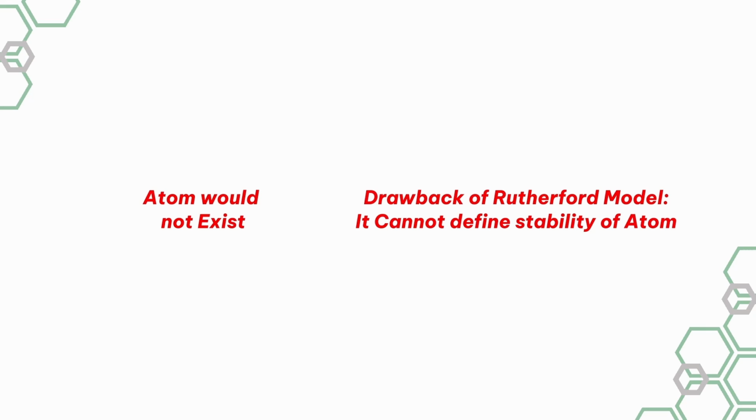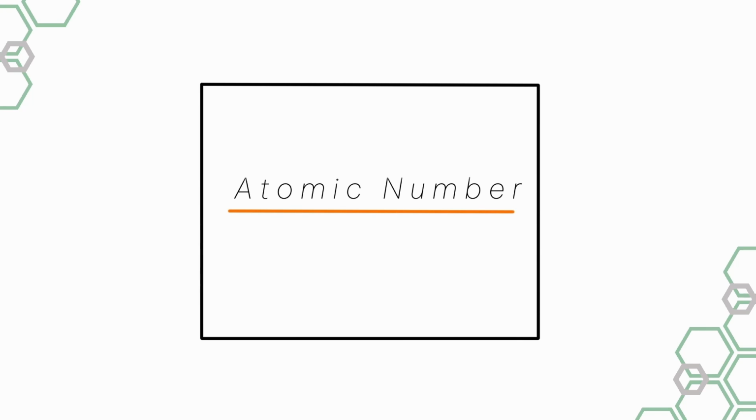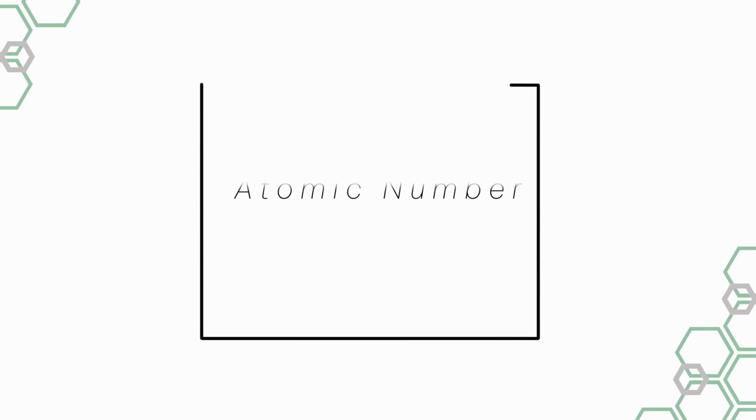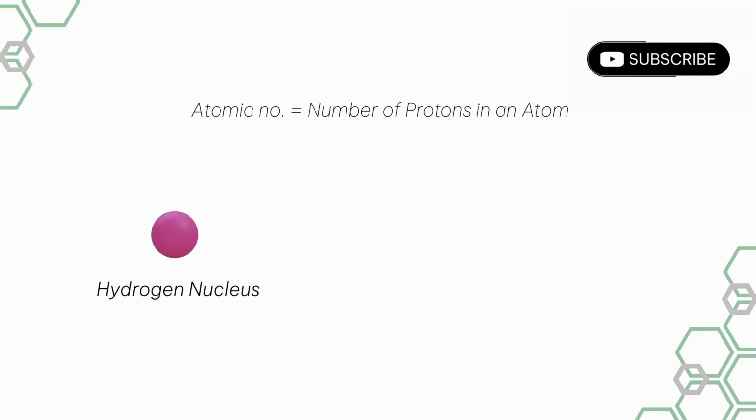So the only drawback of Rutherford model is that it cannot define the stability of the atom. And this drawback was overcome by the atomic model of Bohr, which we are going to see in the upcoming videos. Atomic number. The atomic number of an atom is equal to the total number of protons present in that atom,